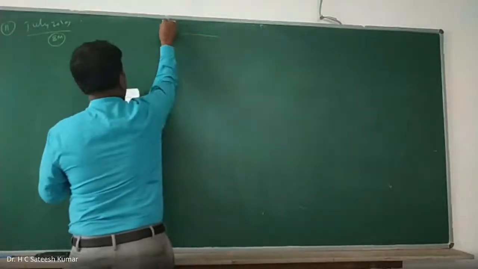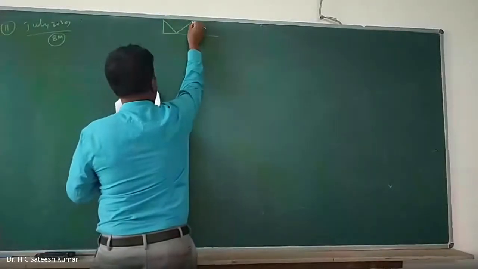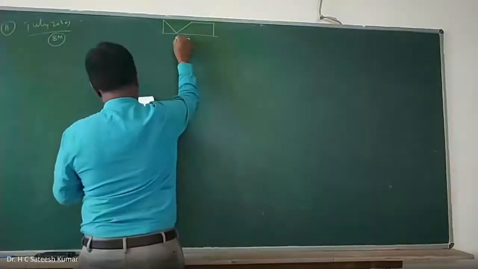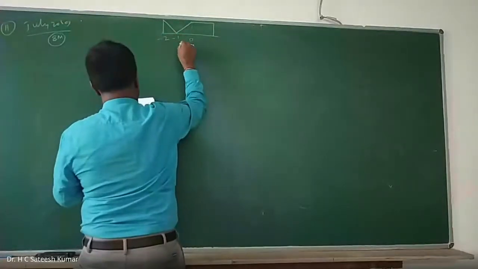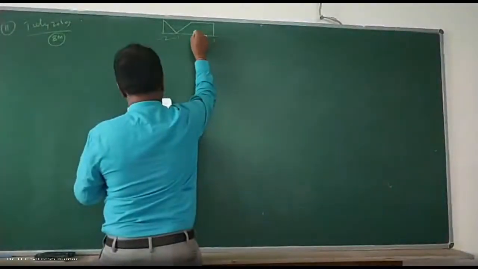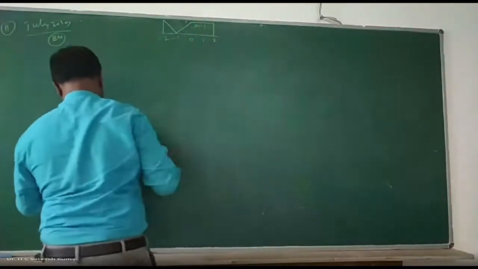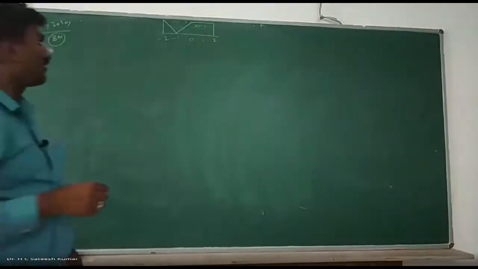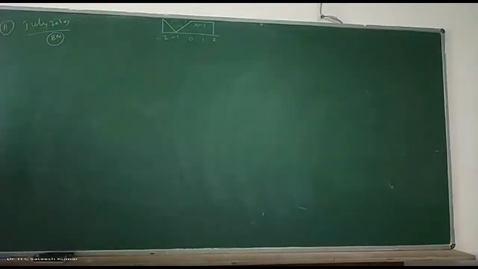Of course, the problem looks standard. Zero, -1, -2, 1, 2. The amplitude is 1. This we call x of n. The origin is that only, so carefully should do it. So the chance of making a mistake is maximum. Okay, this is x of n. See the origin. This is the origin. I'm right. Okay. And amplitude is 1.